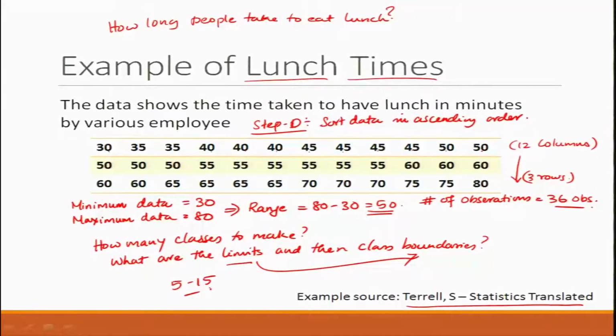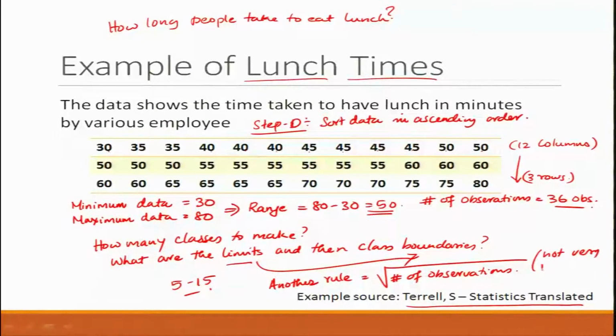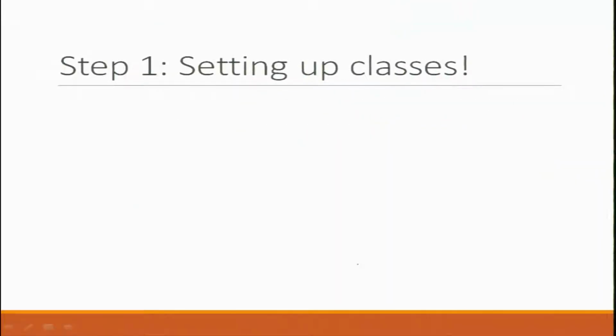There is another rule, which is the square root of the number of observations. This is not very popular, only used in the case of small data sets. So, we will not follow this, but some people do use the square root of the observations to decide the number of classes. If this is more than 15, then you round it to 15. If it is less than 5, then you round up to 5. That is the way people do this. But this is not a very popular rule, but I am still mentioning that this rule is available. So, the first thing we need to do is